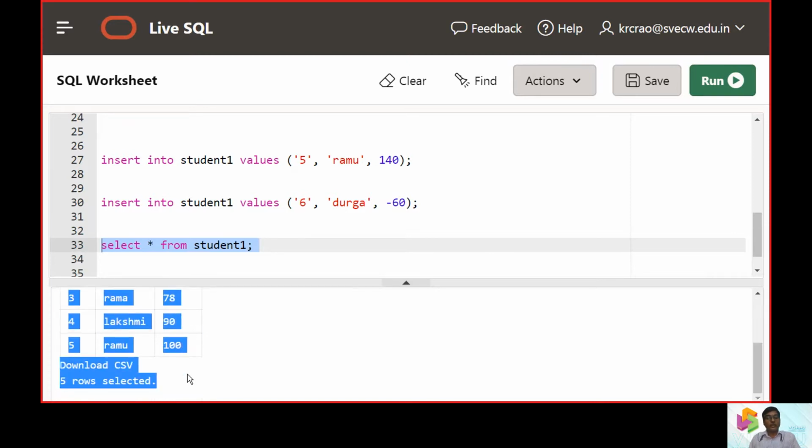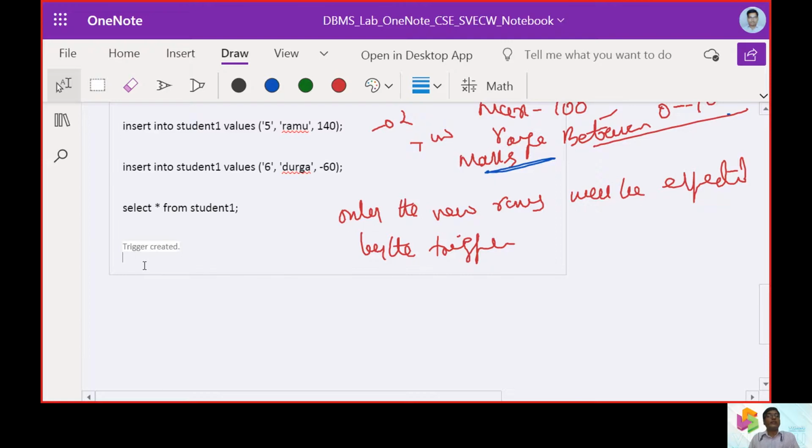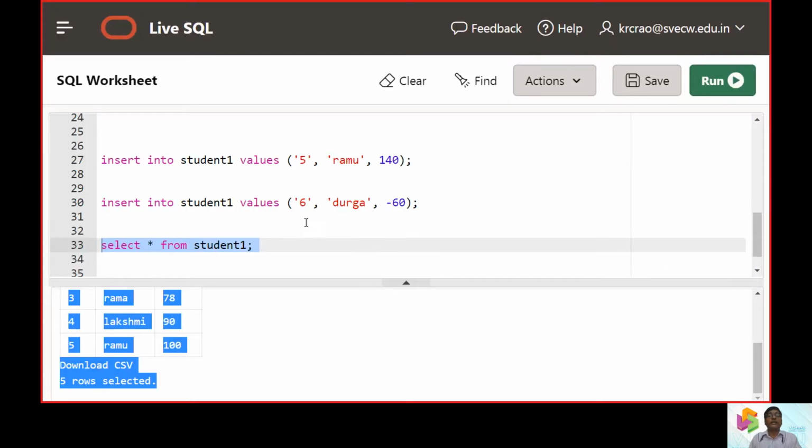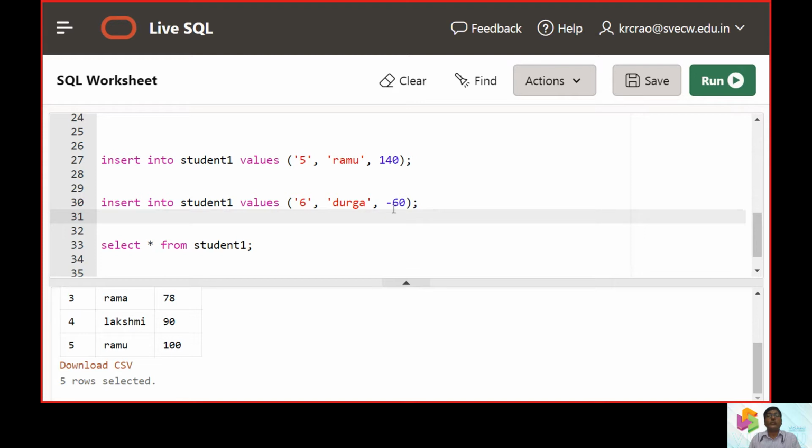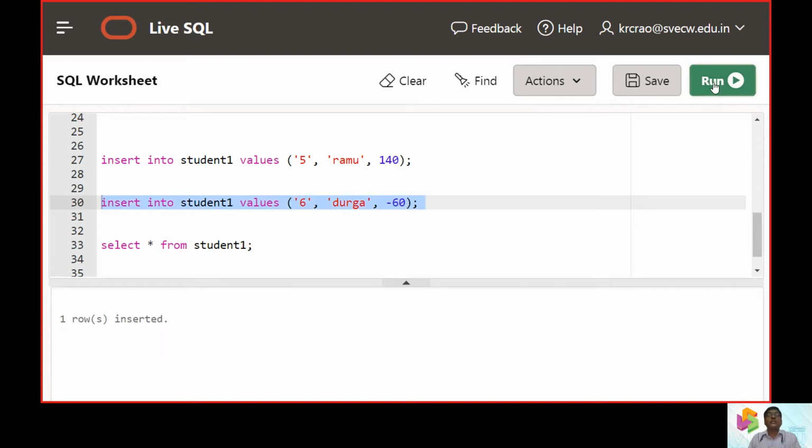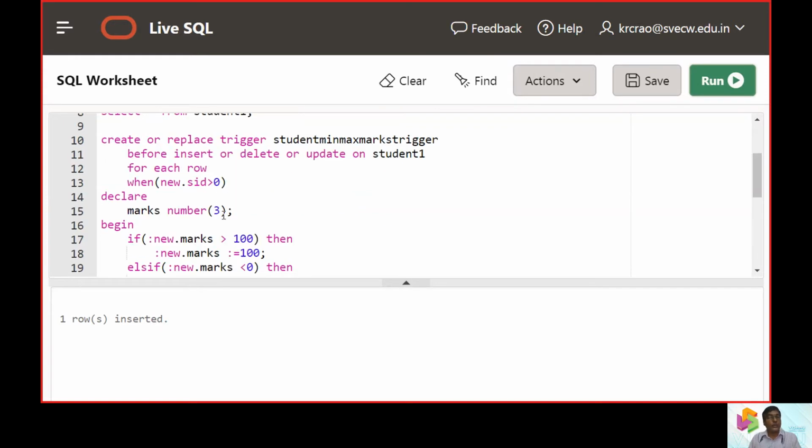Similarly, if we look into another aspect, that is if we want to execute the insert command of Durga with serial number 6. So again it is one row inserted, but internally the triggering is going to happen.